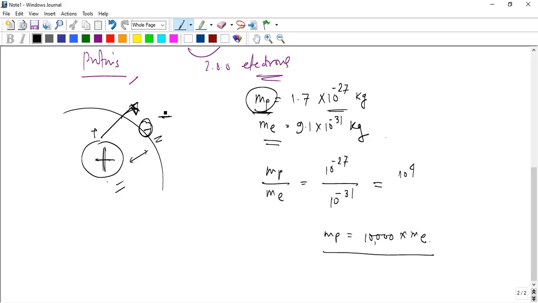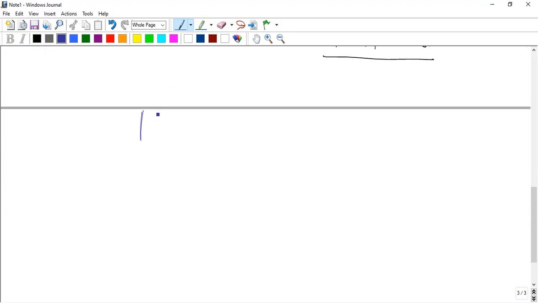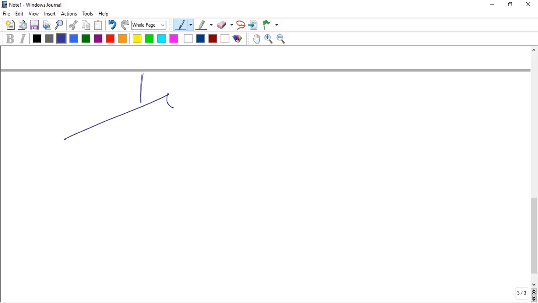So that's why Benjamin Franklin found that two types of charges arise. What is the concept of two types of charges? Take the example of Franklin's concept, a glass rod. The glass rod and silk are electrically neutral. Electrically neutral means an equal number of positive and negative charges. Now, rubbing with